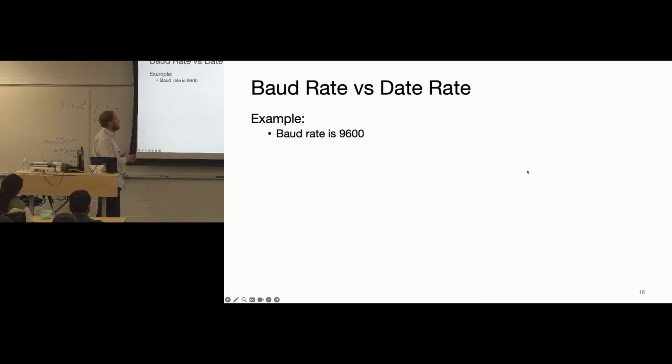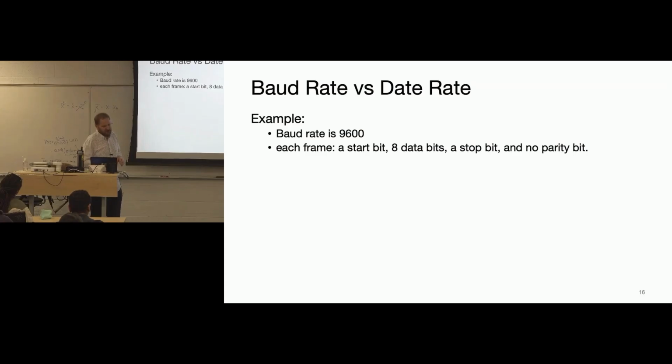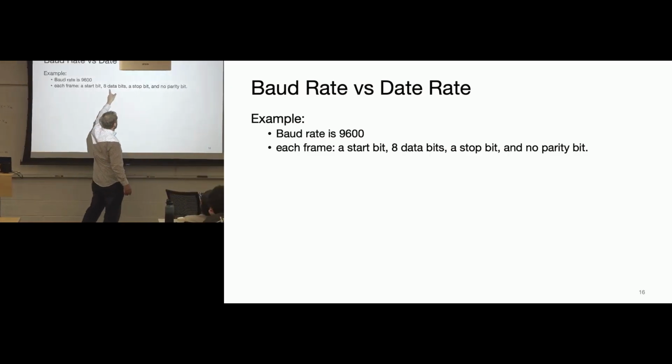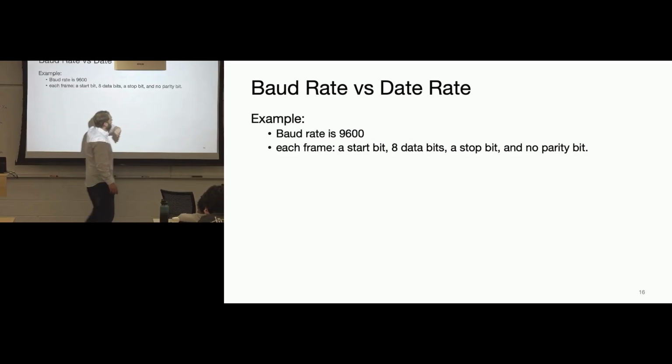We talk about the data rate, or how fast that communication is, with the term baud rate. Baud rate is not the same as symbol rate. Symbol rate is how many transitions per second. Baud rate is how much information per second. So let's say each frame has one start bit, 8 data bits, and 1 stop bit, and no parity bits. Think about that